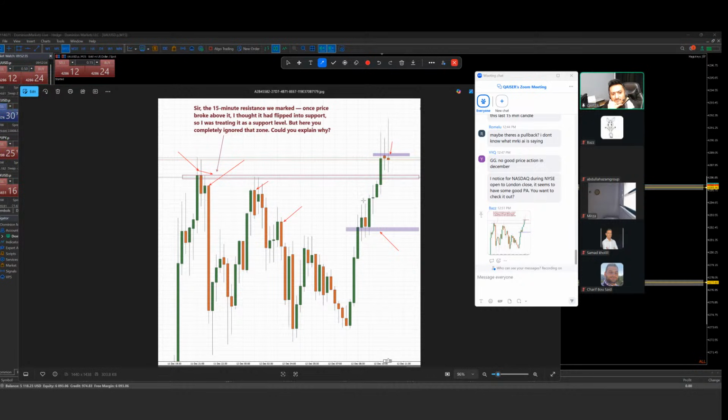Once you are heading towards this resistance area, then you need to think about it, because you're going to face this one. Once you pass this area, there is no support here. This is not a support. You need to work on your support and resistance. Now this is your resistance and this is your support.